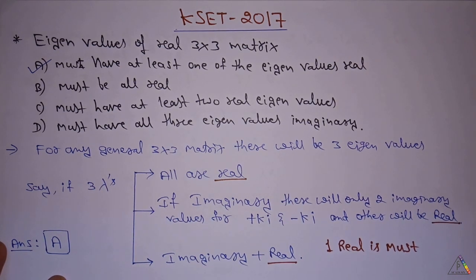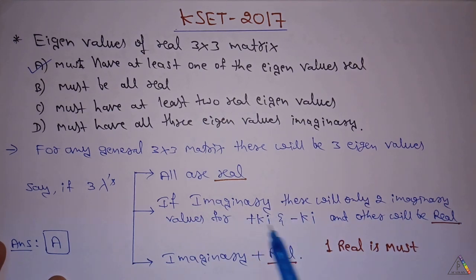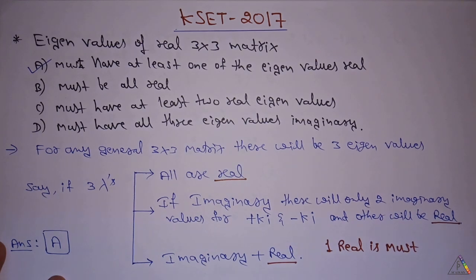For a 4 cross 4 matrix there may be a chance of having all the eigenvalues imaginary, because 2 with plus or minus and another 2 with plus or minus. Here, since it has three eigenvalues, there are only two cases of having imaginary terms, and the other one will be real. And in the third case, if there are both imaginary and real, there will be one real value. From all three cases, the must condition is